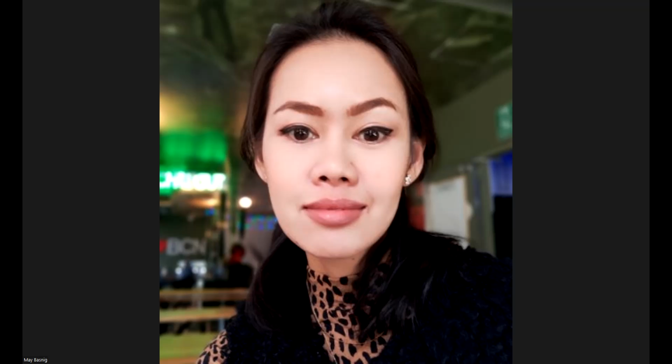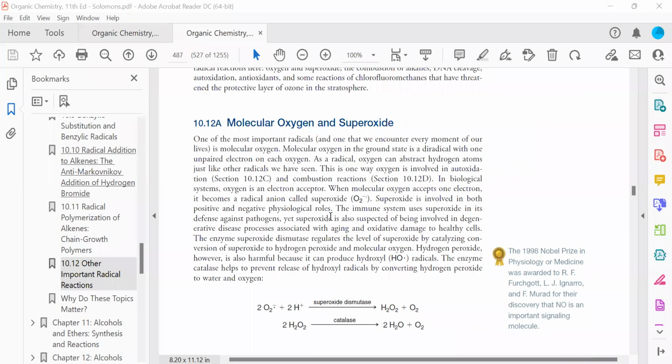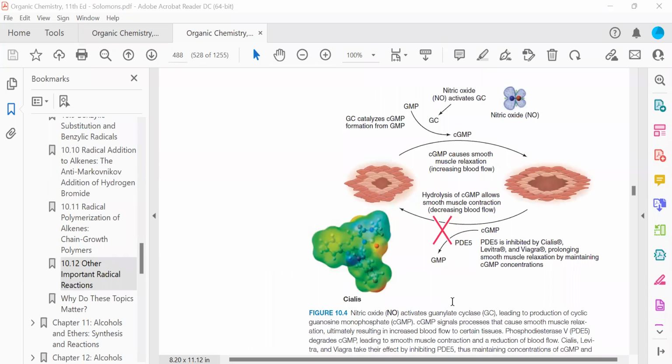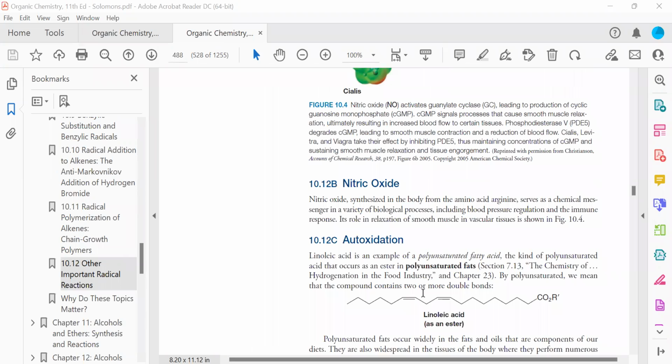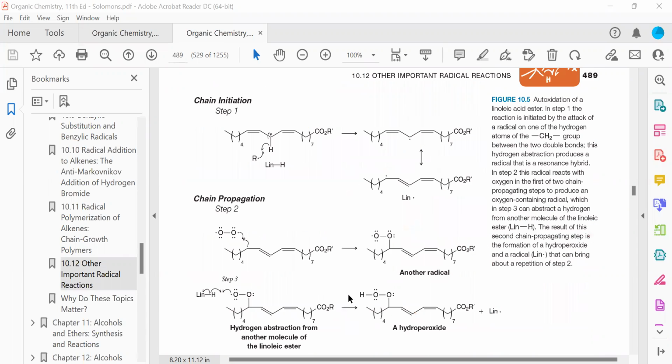Anyway, so I would like you to read on the molecular oxygen and superoxide that we actually see in cells. So read on that, and then there's this auto-oxidation process. In the auto-oxidation process, they actually use